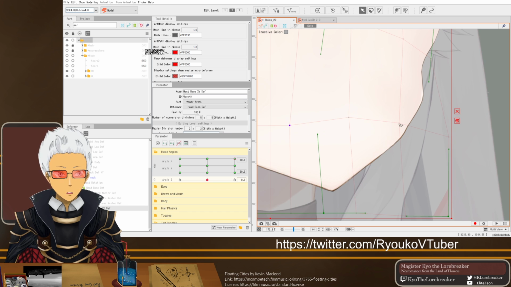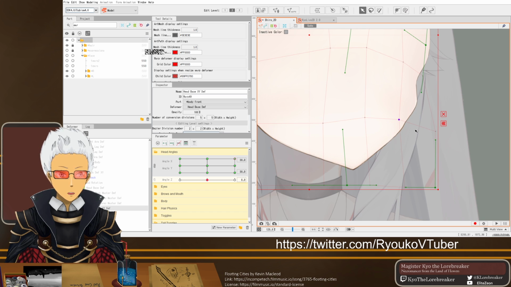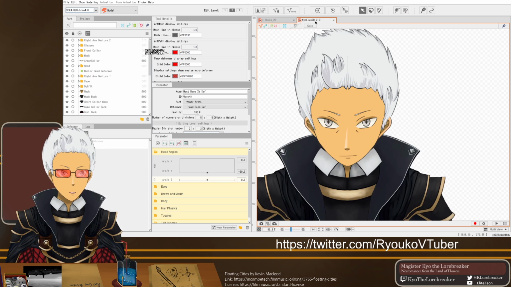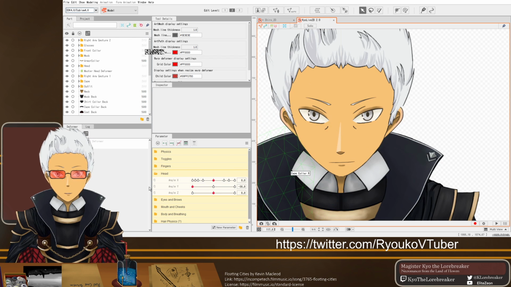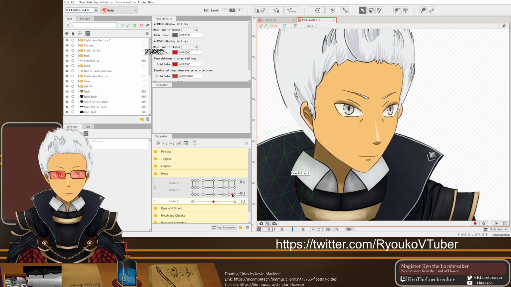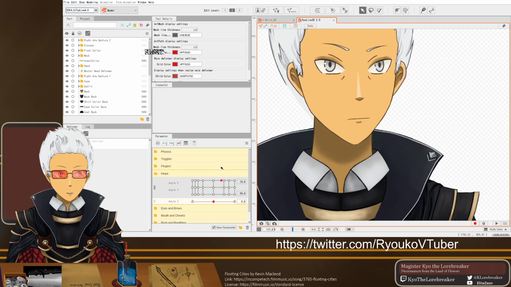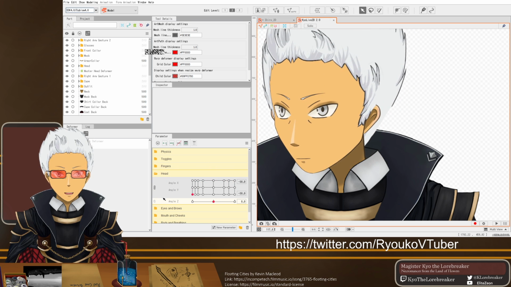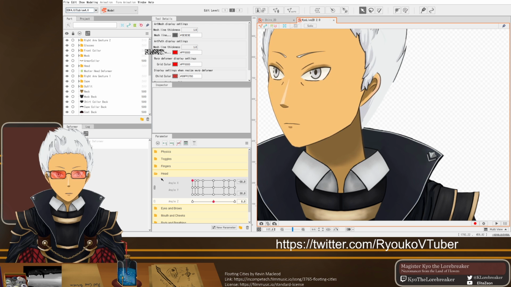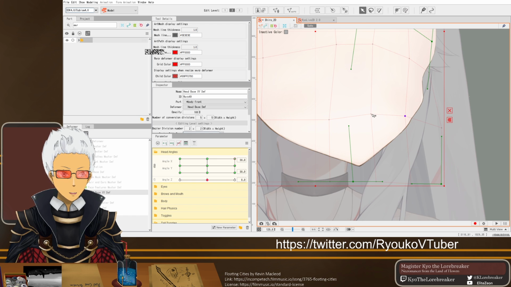What's great is that characters with flatter colors like this, you can kind of get away with the way the mesh actually is in order to get the angle you want, if you know what I'm trying to say.